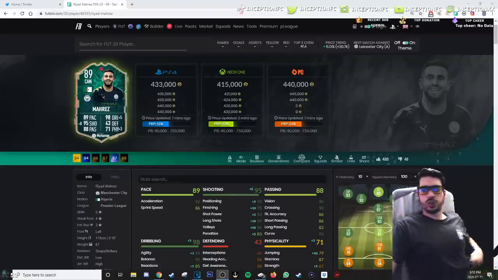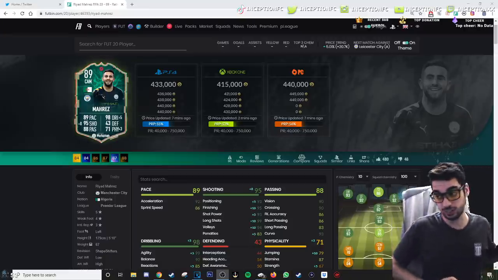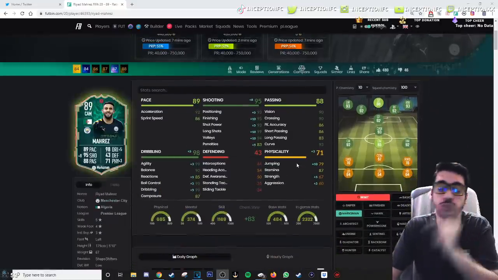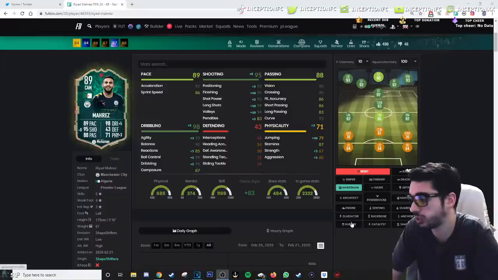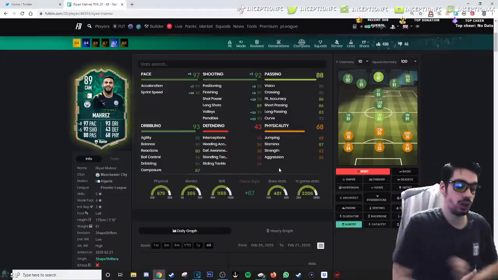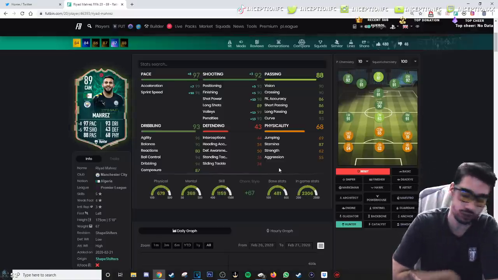Okay, guys, so with Riyad Mahrez, the only position that I would use this card in is the central CAM position. You can also use him on the sides in the right CAM position with the Hunter chemistry style if his dribbling doesn't bother you at all. If the reactions being 80 or the composure being 87 doesn't bother you, even though 87 composure is actually decent,